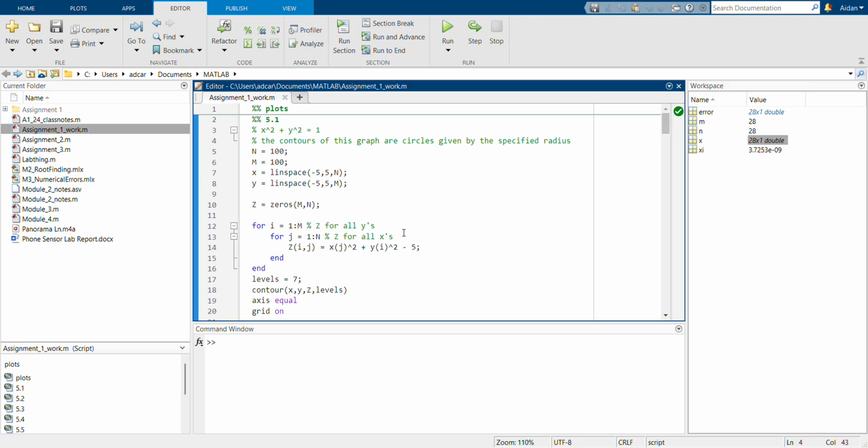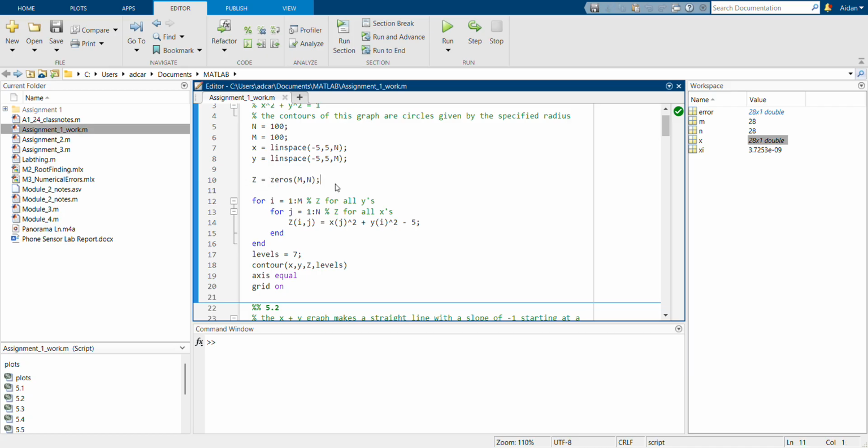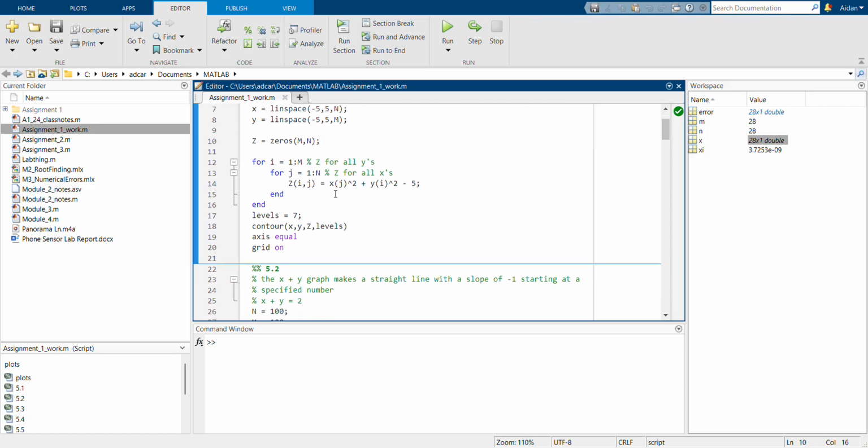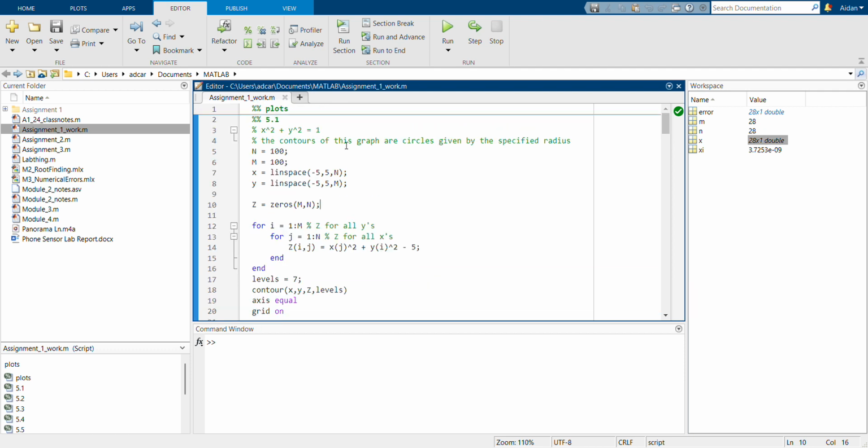Okay, so this is homework 1. This is the plots part. 5.1, you have x squared plus y squared equals 1. I took these n and m values, set them to equal 100. Then I set my lens space here from -5 to 5 to create my window. And then use my z value of m and n to help create this double for loop for the different values. Inserted my equation in, subtracted the 5 over from,